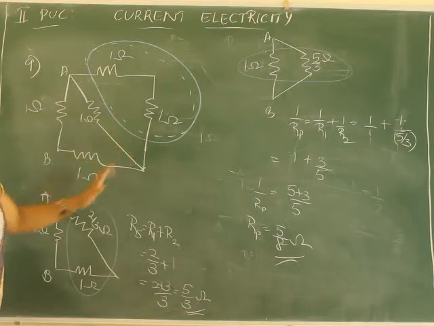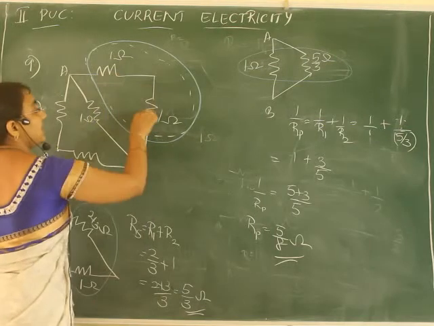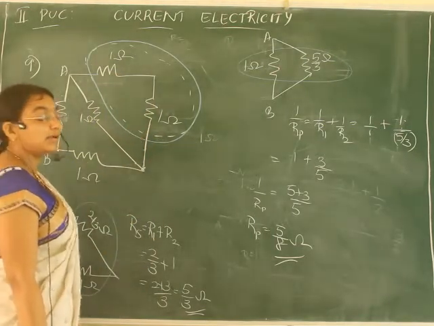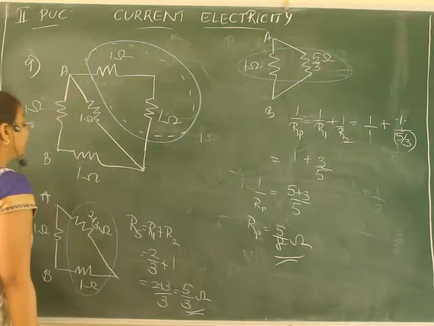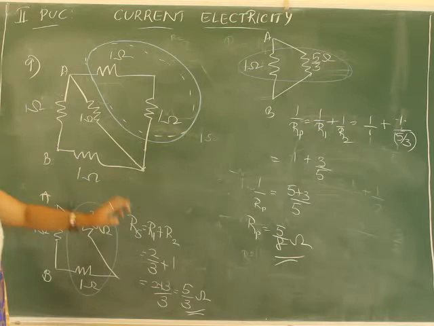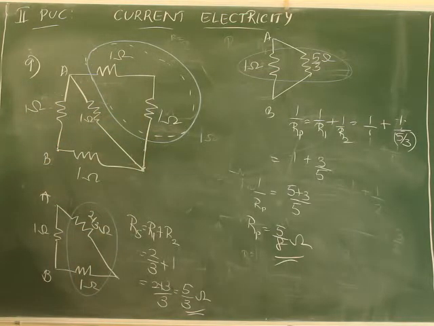This was the original diagram. First what you have to see, these two outer ones, these two are in series. Use the formula Rs is equal to R1 plus R2. Calculate Rs. Then the next diagram, make it as single. Then this one and that one will be in parallel, correct? End to end connection. So therefore 1/Rp is equal to 1/R1 plus 1/R2. Use that and calculate. Then we get this diagram, correct?